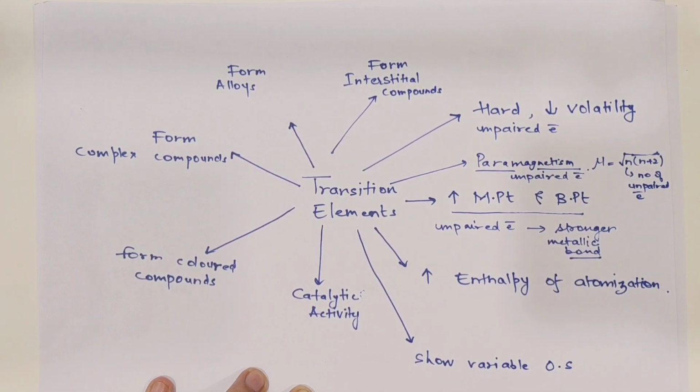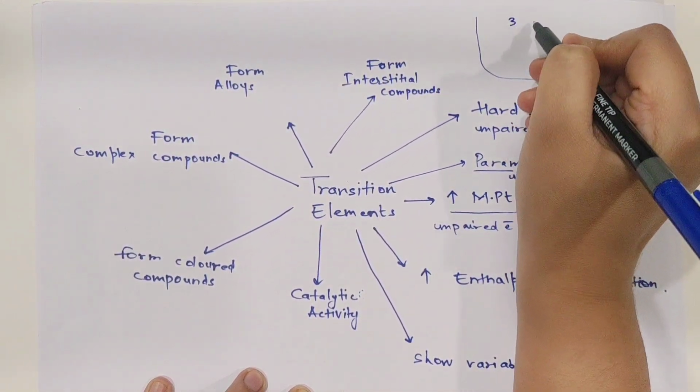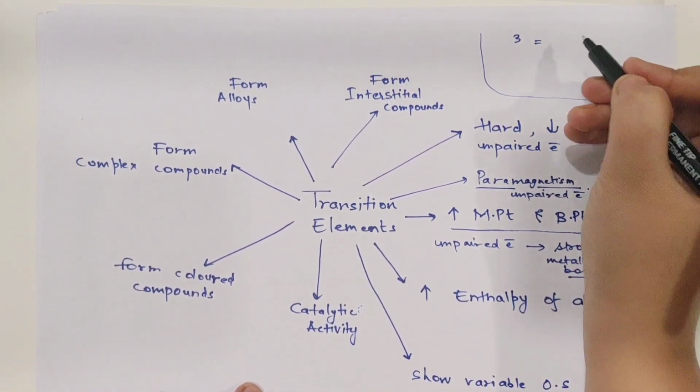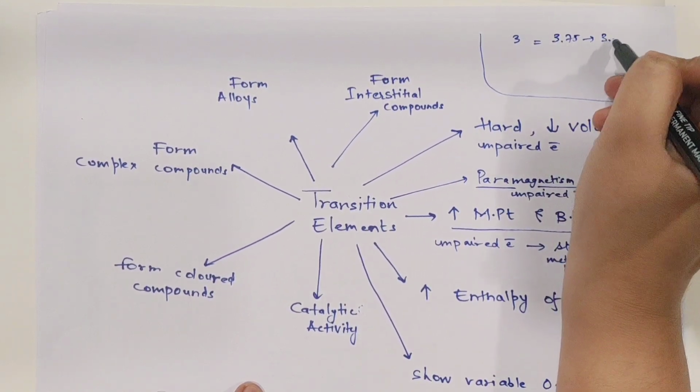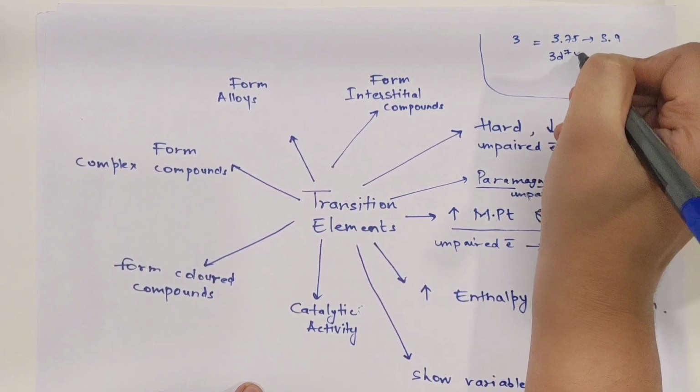There's a relationship between magnetic moment and number of unpaired electrons, that the magnetic moment almost always is around 0.75 to 0.9 higher than the number of unpaired electrons. That means if the number of unpaired electrons is 3, the value should be somewhere around 3.75 to 3.9. Okay, so if the 4 options, if let's say cobalt 2 plus, cobalt is 3d7 4s2,